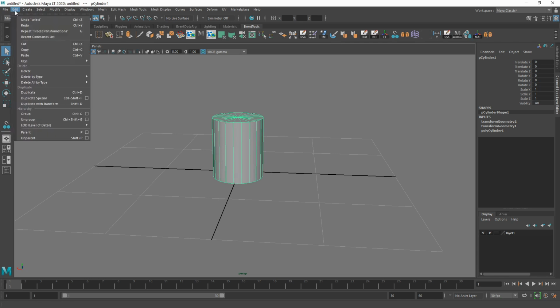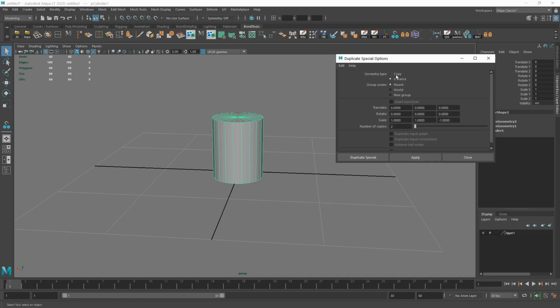So if you go Edit, Duplicate Special, this is where you find instances in Maya. So we'll go to the option here, and we could see it could be a copy, or it could be an instance, and you could say if you want it parented to the world. It has a parent, like this might be its parent, a new group. But you also have options for translation, how many copies, and if it has